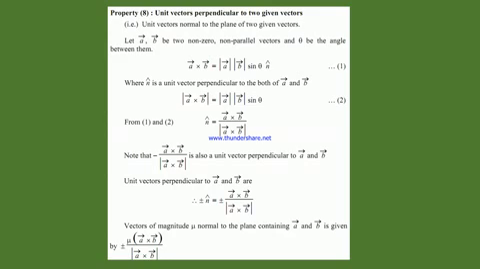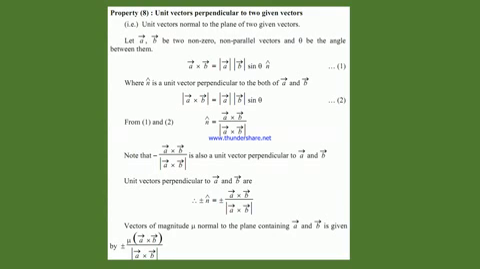Last, property number 8, unit vector perpendicular to given vectors. So a unit vector n cap is perpendicular to the given two vectors, so this is the property for finding it. So a unit vector is normal to the plane of the two vectors, so we can say it that way too. So we can say perpendicular or normal. But let A vector and B vector